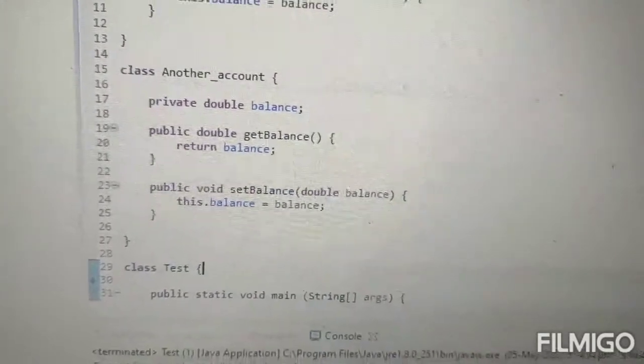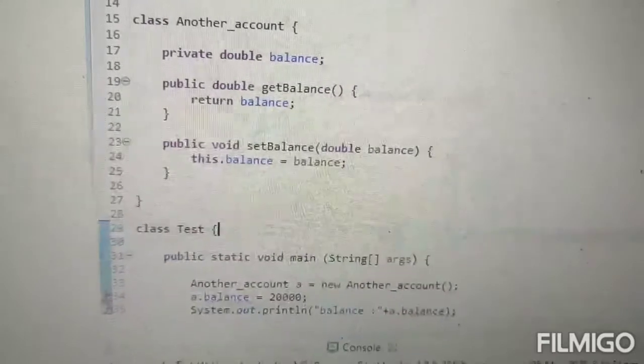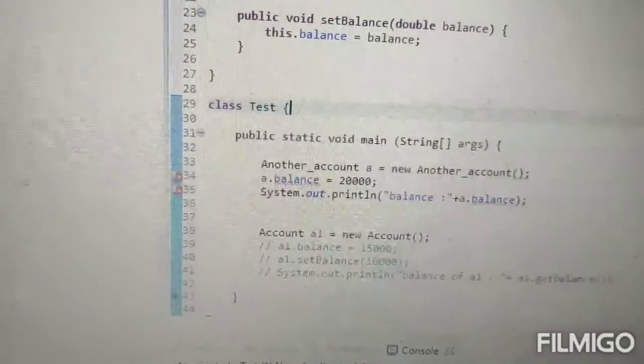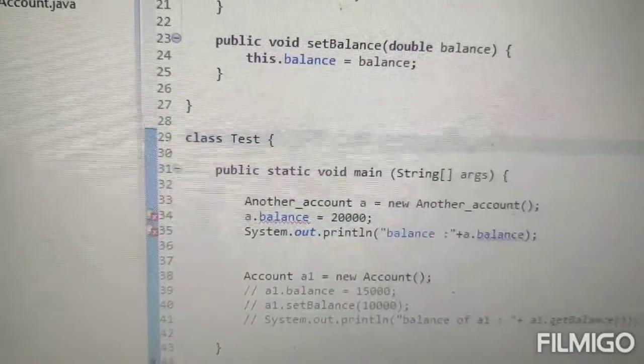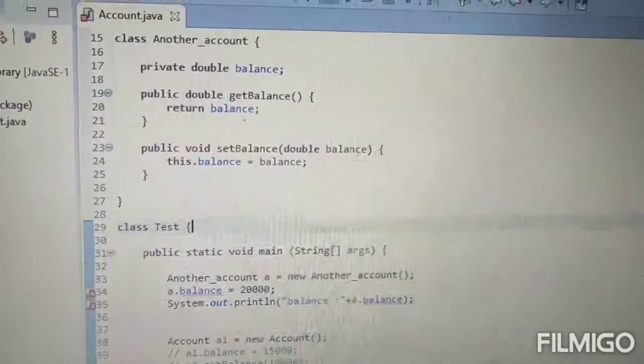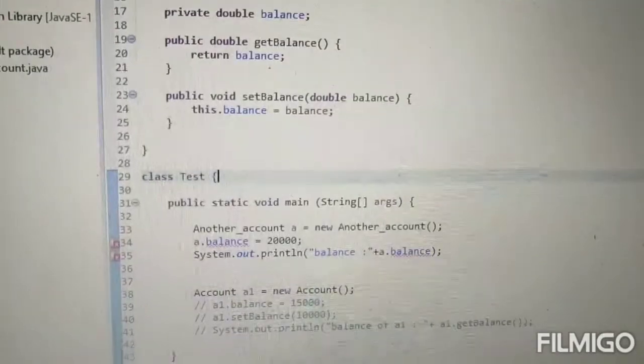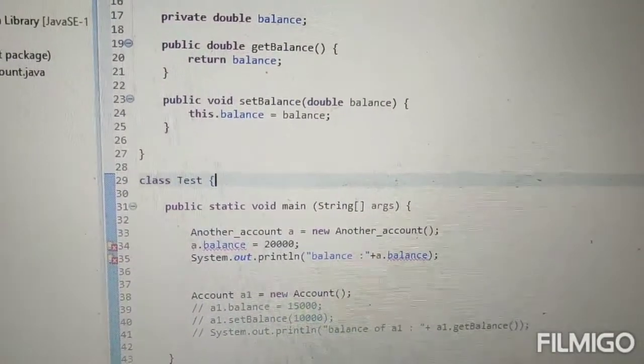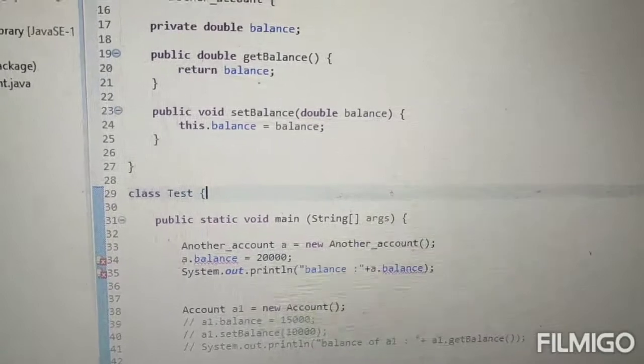Okay guys, we declared the private data member balance. Now let's see how we will achieve data hiding. If it is private, then how are we going to access that private data member? We will access those data members, but through the public methods.